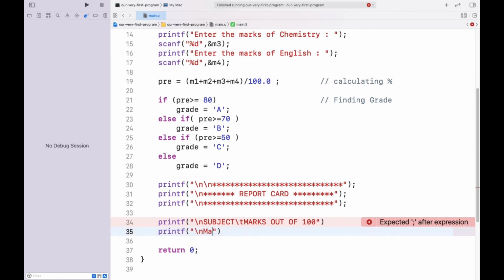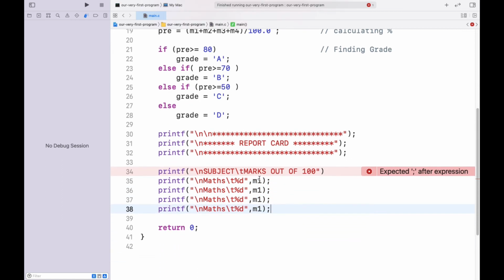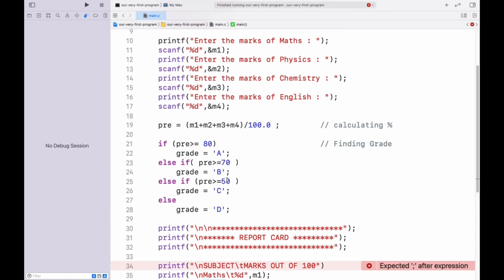So it would be maths, tab space, %d, M1, and we are going to go for all the subjects like this, 2, 3, 4, and after that we have to change M2, M3, M4, English maybe, and chemistry, and what was the subject?